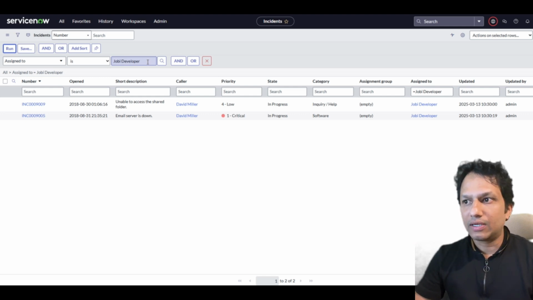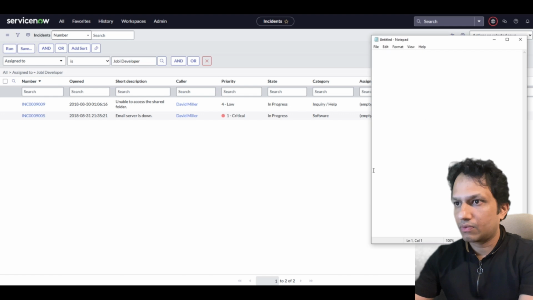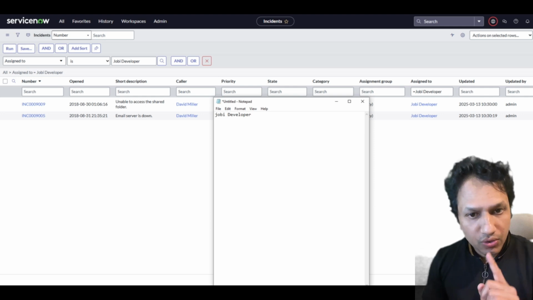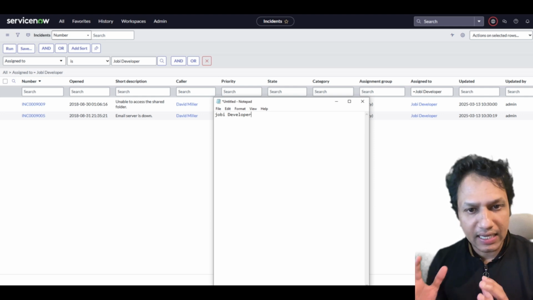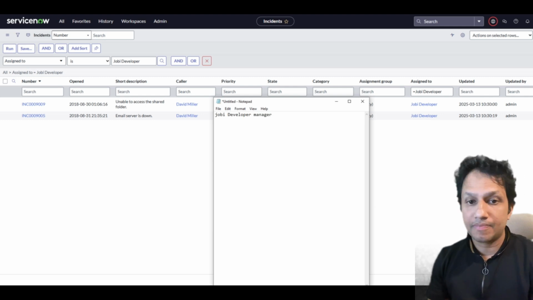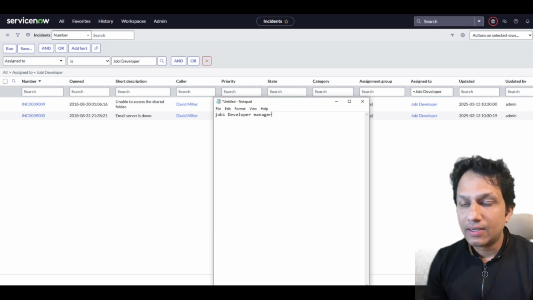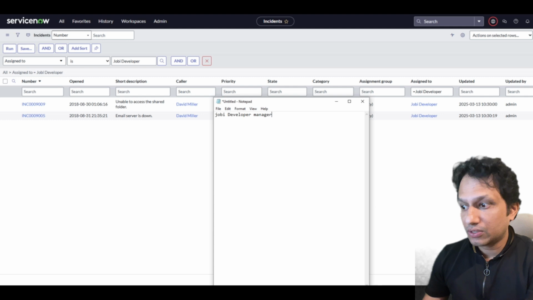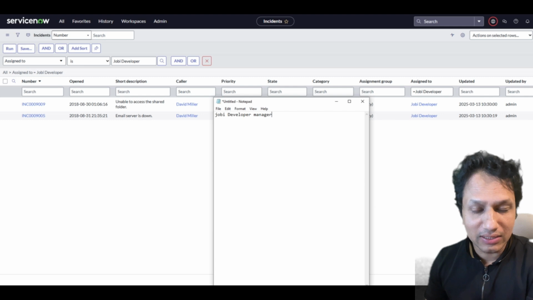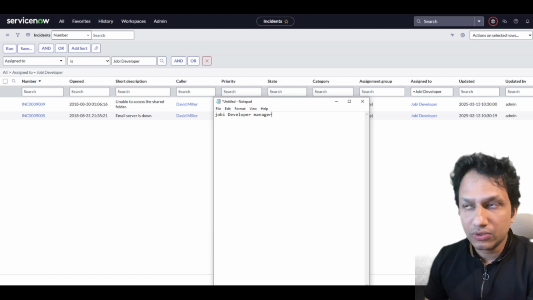Yes, it is possible. I will just write it down here in a notepad. So what you want to do is, you know that there is a user, my username is Joby developer, but what you want to find out is a ticket that is assigned to Joby developer's manager. How do you find out? Is it possible? It is possible in ServiceNow, because ServiceNow has a concept called dot walking, which is a feature available in ServiceNow, and with this feature,